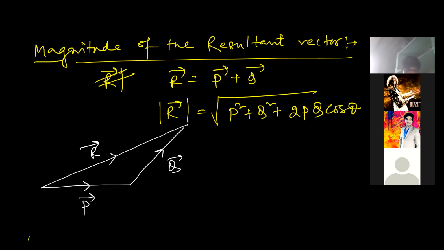Suppose this is the point A, this is the point B, and that's the point C. From the point C, I'm drawing a perpendicular line. Okay, so this is a perpendicular line I have drawn. And if I extend this line also, they both will cut at this point. Suppose this is the point D. Here the angle created is equal to 90 degrees. So this is the P vector, which is represented by the side AB, and along the side BC, I have represented the Q vector.